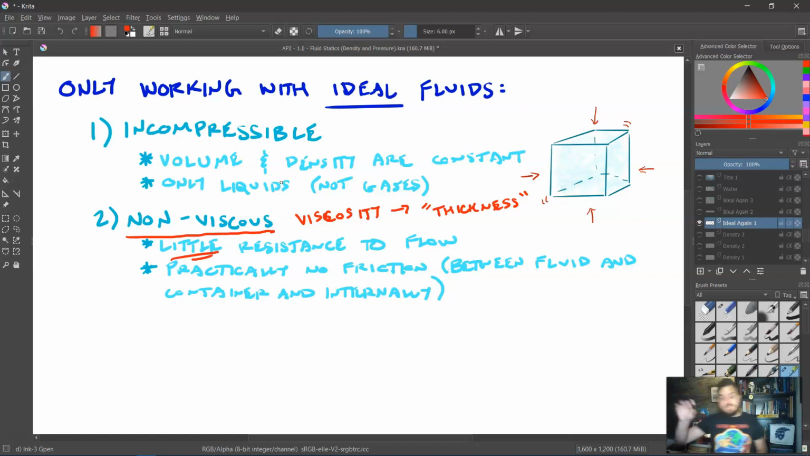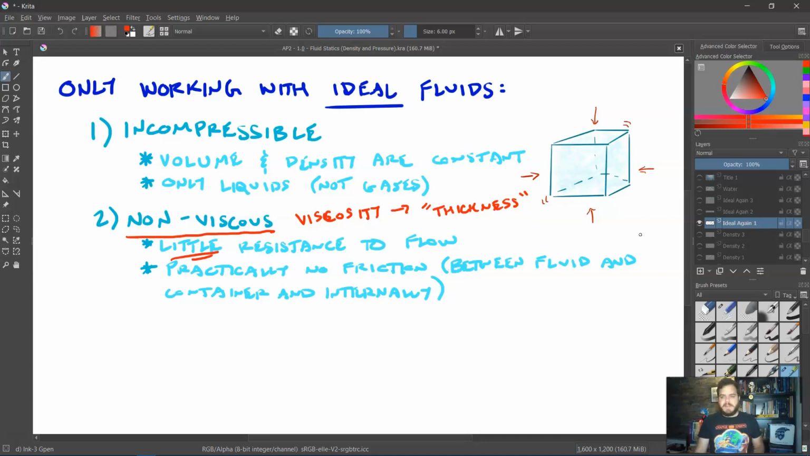So a non-viscous fluid is one that's going to have little resistance to flow. For instance, a viscous fluid would be something like honey, molasses, syrup. A non-viscous fluid would be something like water, rubbing alcohol, various things like that that don't have that resistance. And that means that we don't have to worry really about friction either between the fluid and the container it's in,